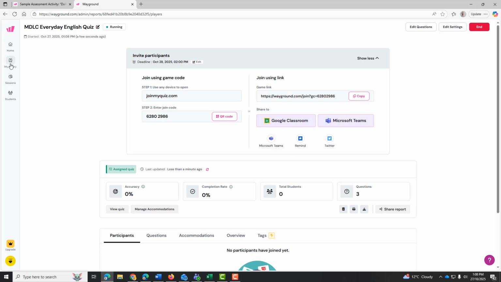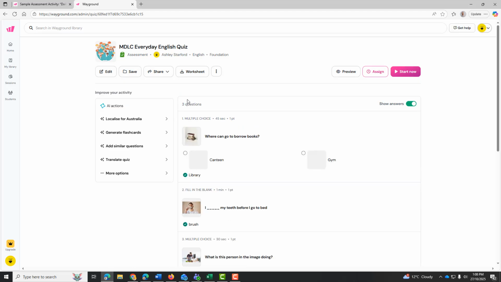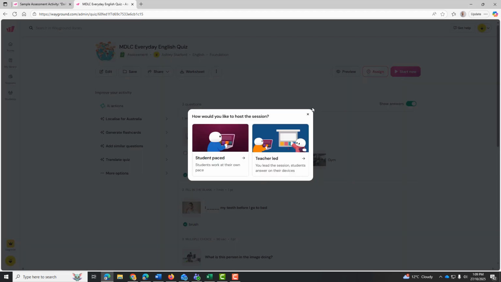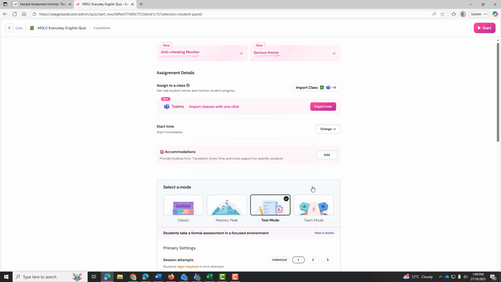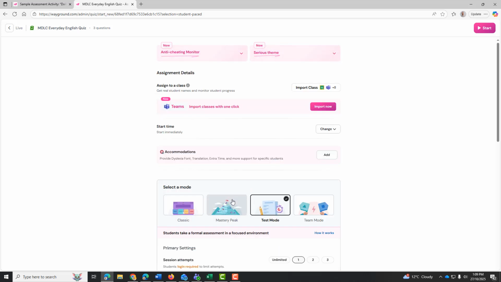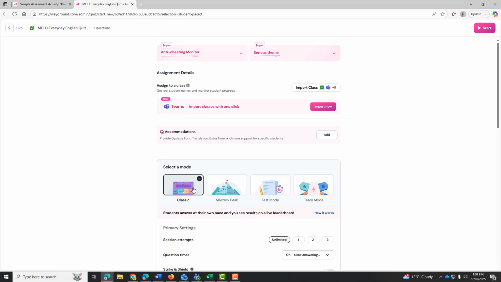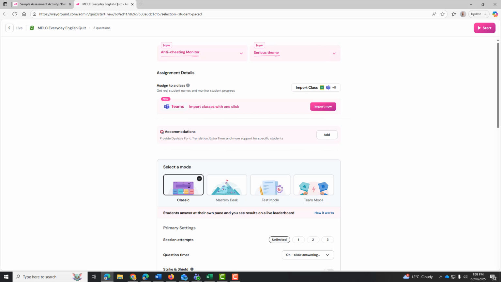Or if you want to do it live, simply click on the quiz that you wish to do live and just click start now, and you can choose student paced or teacher led, and then you have the opportunity to choose the different game modes: team mode, test mode, mastery peak, or classic. Mastery peak is quite a fun and interactive version, but it's up to you. And then when you click start,